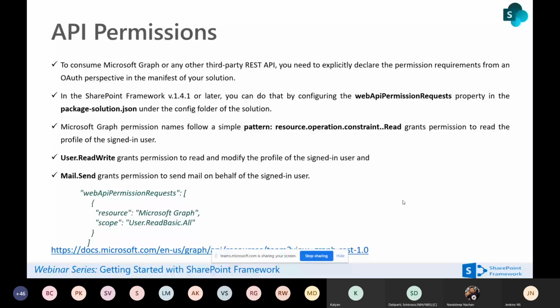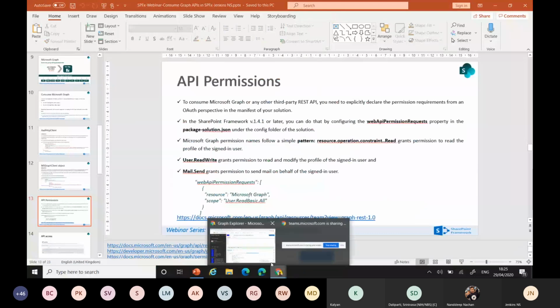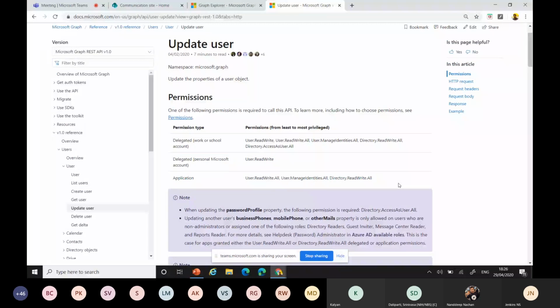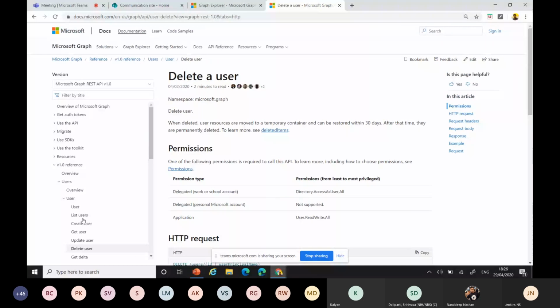This permission you need to refer to. I'll add the URL here also. I already told you the same, right? Then you go here, and you can see every item has a permission model, showing which permission they want to enable. After that, only then will you be able to achieve whatever you are expecting. Otherwise, it won't work. You enable the permission, and only then will the Microsoft Graph API be accessible from your web part.